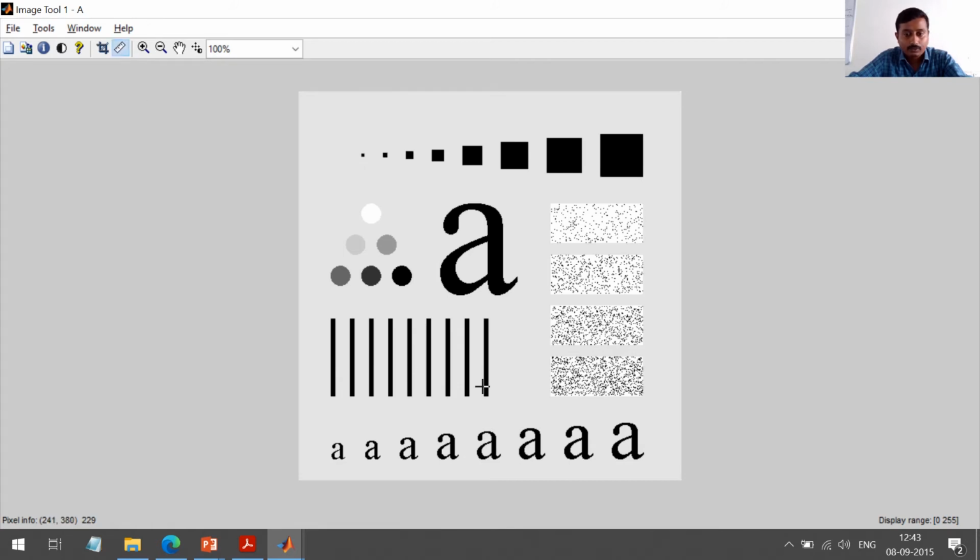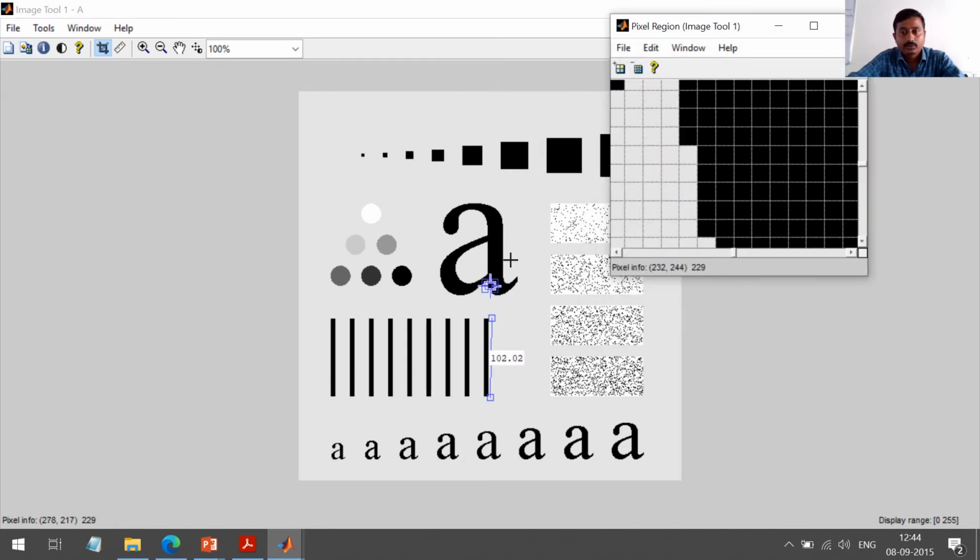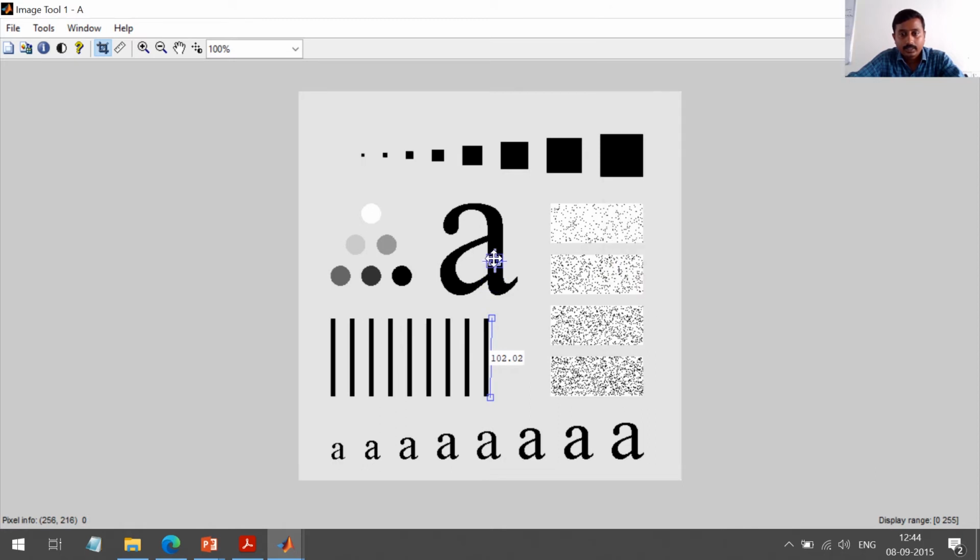Suppose I want to find the pixel length of this vertical line, so I can use this tool. This line is about 102 pixels in length. Then I have the functionality of cropping, so I can crop a particular section. If you want to find the pixel values of a particular region, I can click this button, inspect pixel values, and using that if I move this, I can observe the pixel values of different regions.